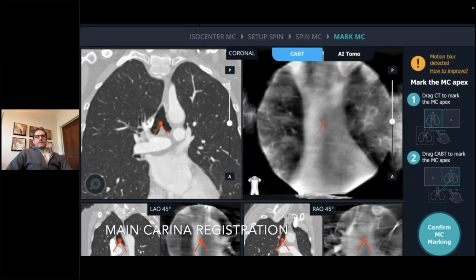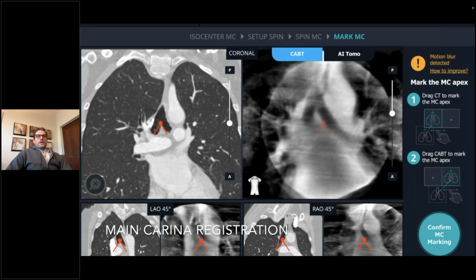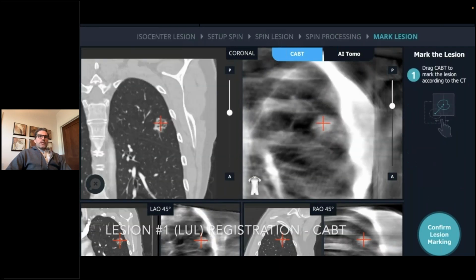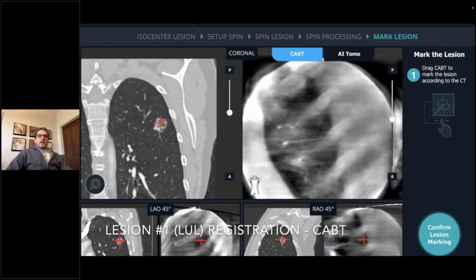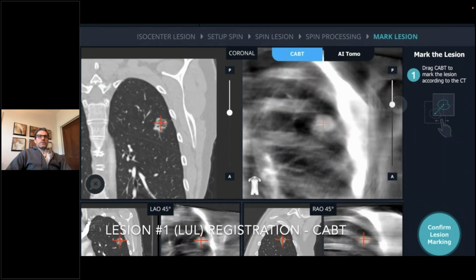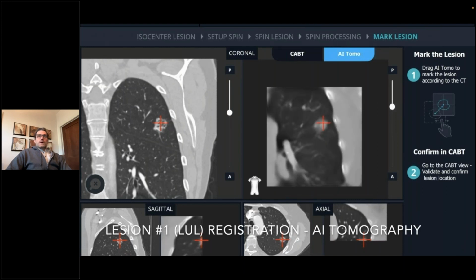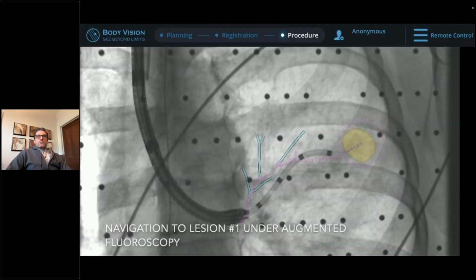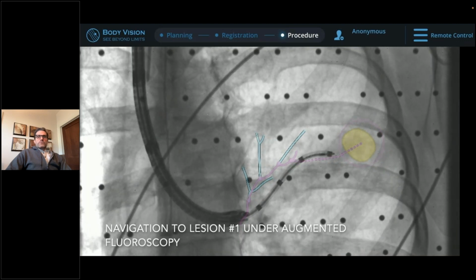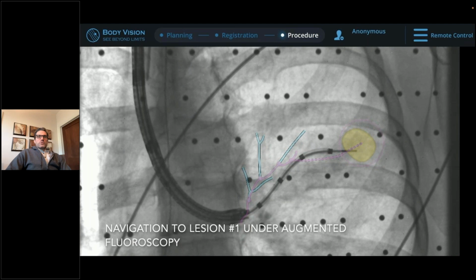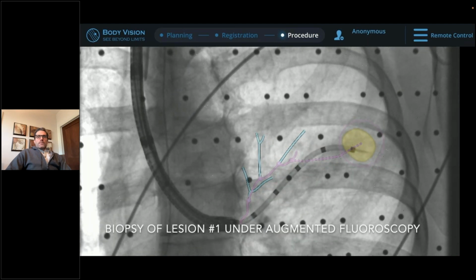Here's the registration portion of this, just showing how the workflow works. Find the lesion in the tomography version of it, localize it, which if you use the AI tomosynthesis, you can also look at it in CT view. Here's the actual fluoro images that we saw during the case, showing our extended working channel, showing our